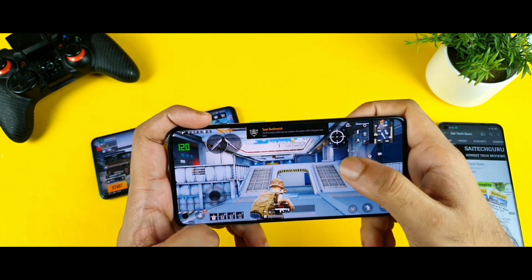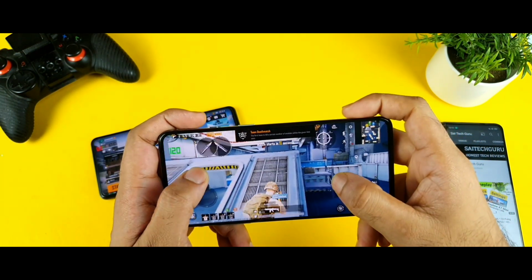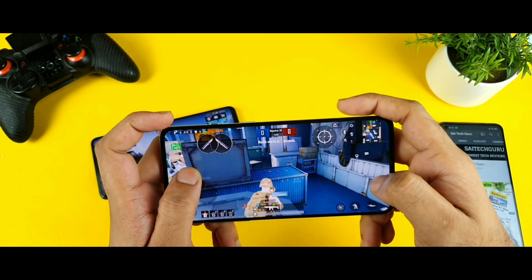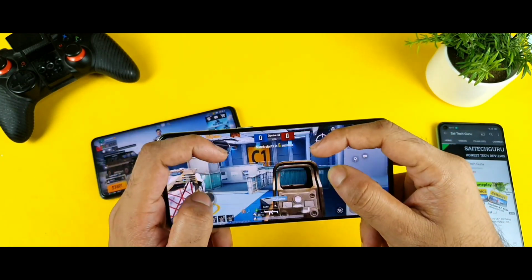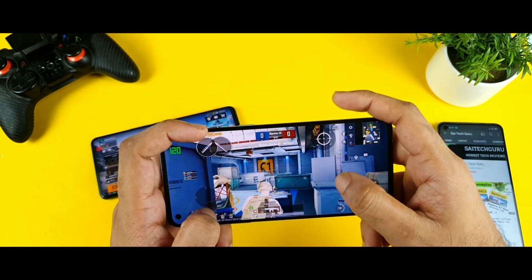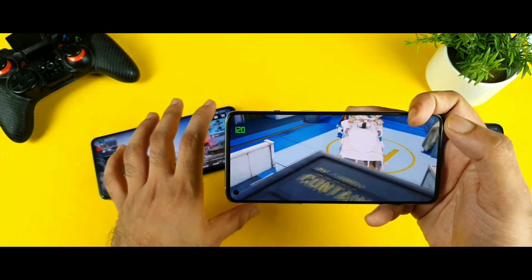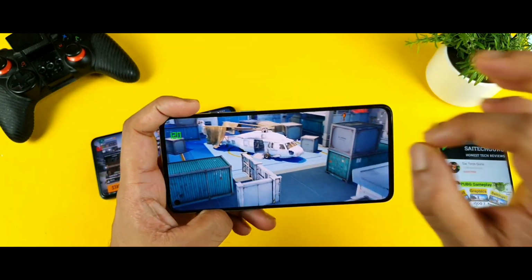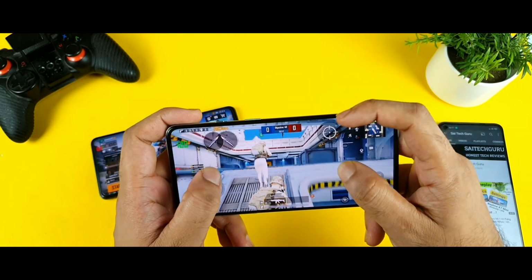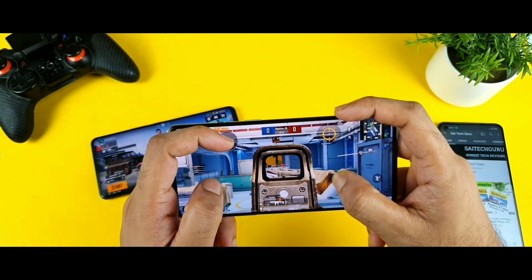Today, and for the next couple of days, maybe even one week, the OnePlus 8T will be with me. I had given this OnePlus 8T to my brother, which is the reason I was unable to upload many videos with this phone. I'll do the speed test comparison between these two phones as well, so make sure to stay tuned, as it will be really interesting to watch. I'll do plenty of speed test comparisons between both phones.